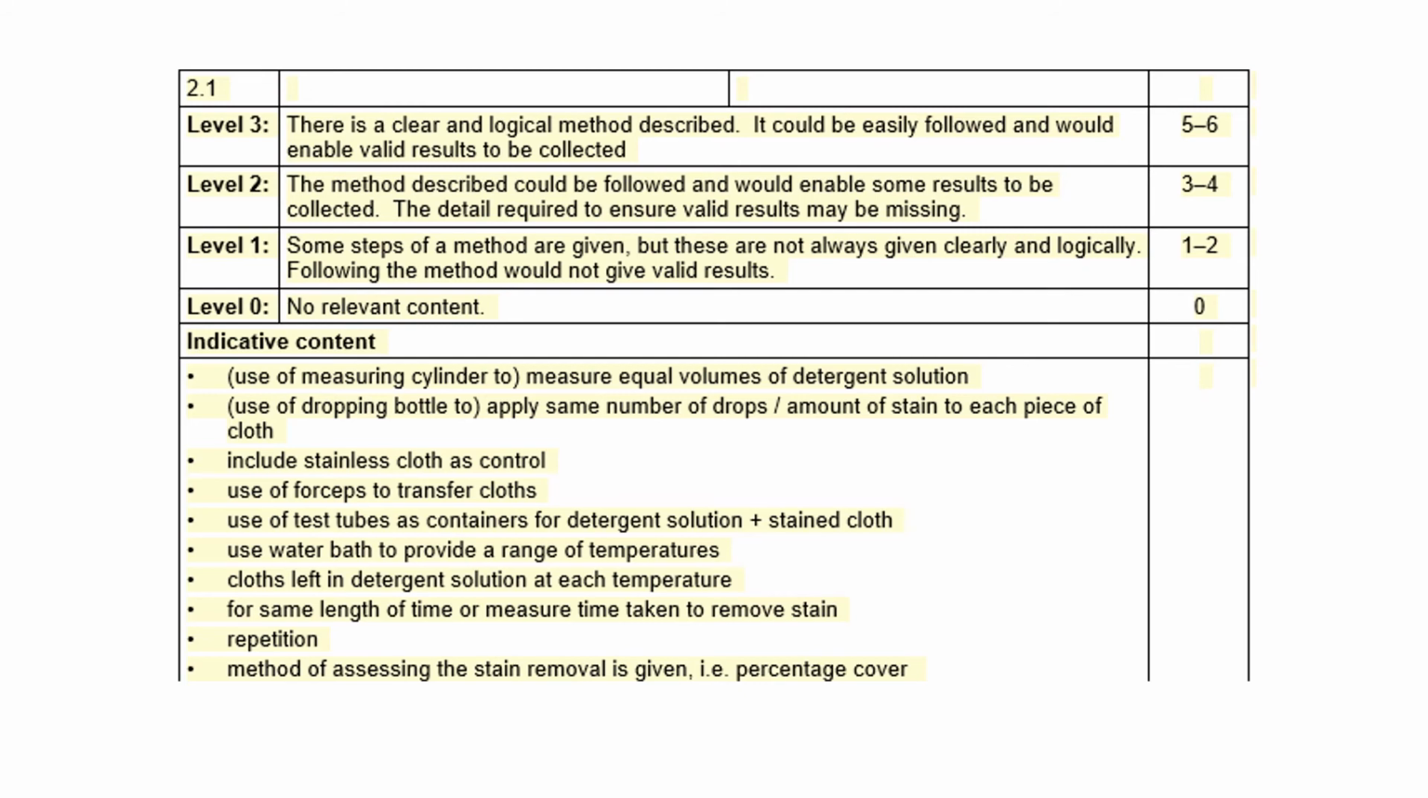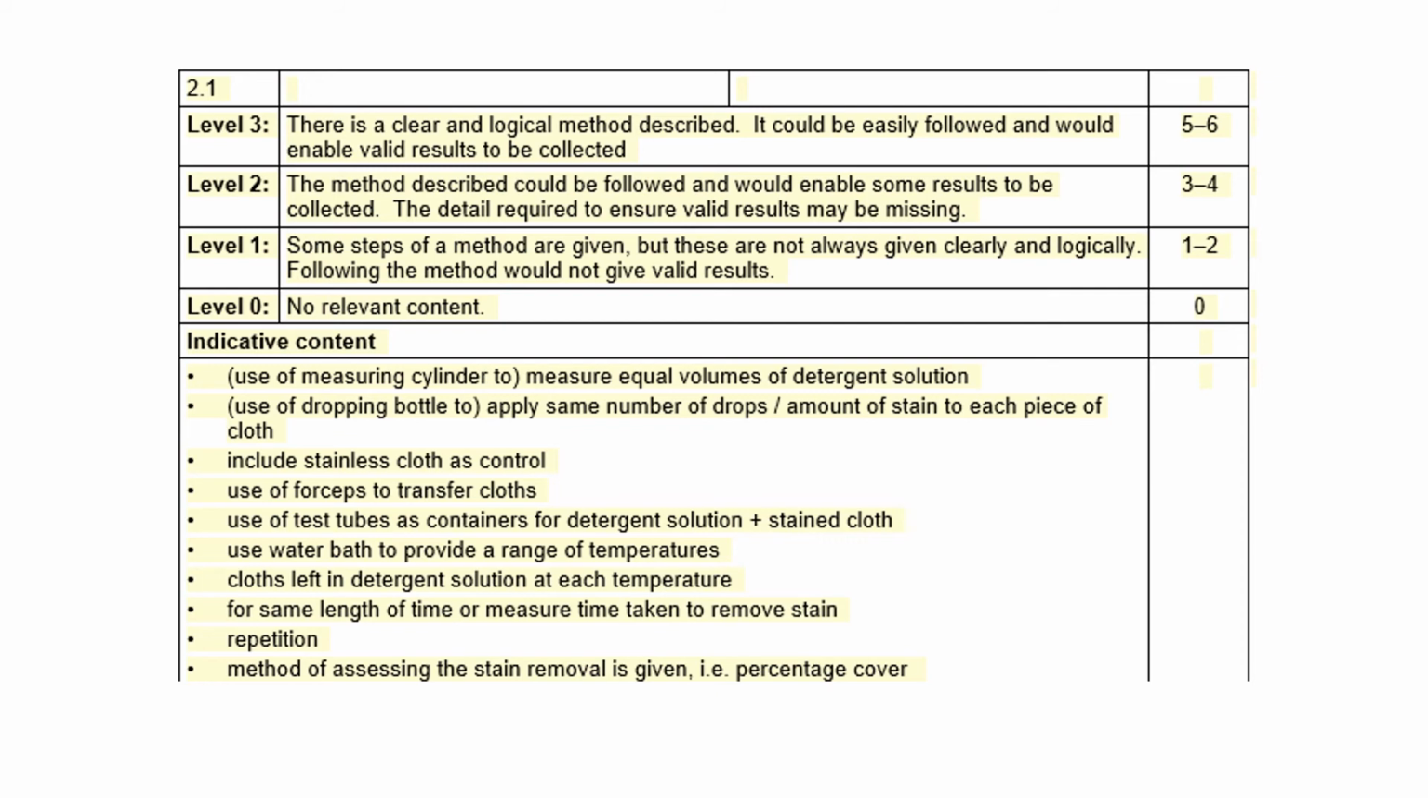The detail required to ensure valid results may be missing. So if you've got a method, but it's probably not going to get the same results each time it's used by other people. If you haven't said control method, so having the same number of drops or equal volumes of detergent. If you're missing one of those or 2 of those, you can still be in this band. So if you have done that,